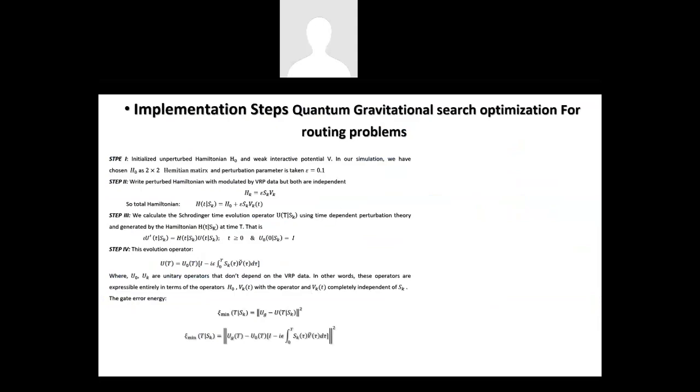See this, you can see it step wise. Here also I'm writing step wise. The first step, you have just a 2 cross 2 Hermitian matrix, put epsilon also as 1. Now H is ready. Then you have to write the Schrodinger equation, use the unitary matrix, and evaluate. You have to expand this exponential term using the unitary evolution. When you write the UT, then put it into the gate error energy and check whether it is identity